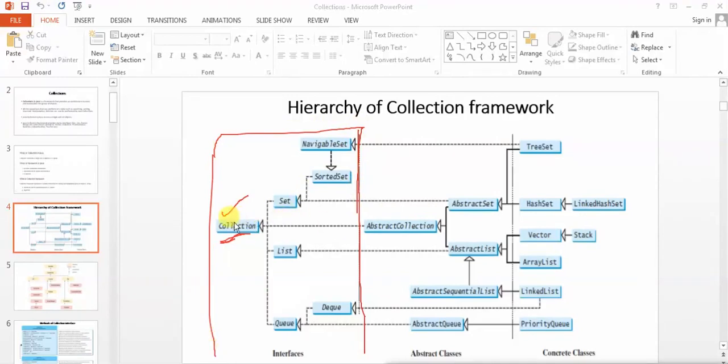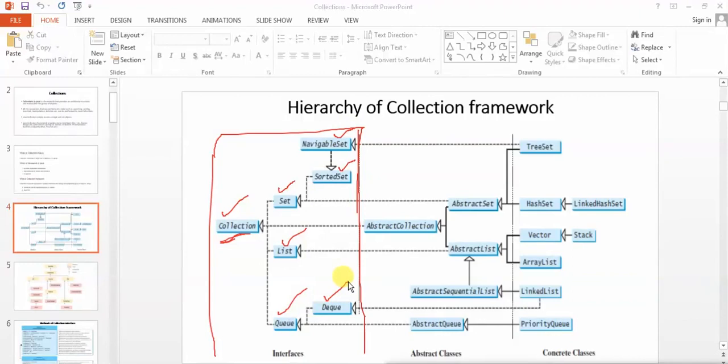So collection is an interface. This collection interface is inherited by 3 more interfaces: set, list, and queue. After that, set is inherited by the sorted set interface. Sorted set interface is further inherited by the navigable set interface. If we look down, the queue interface is inherited by the doubly-ended queue.